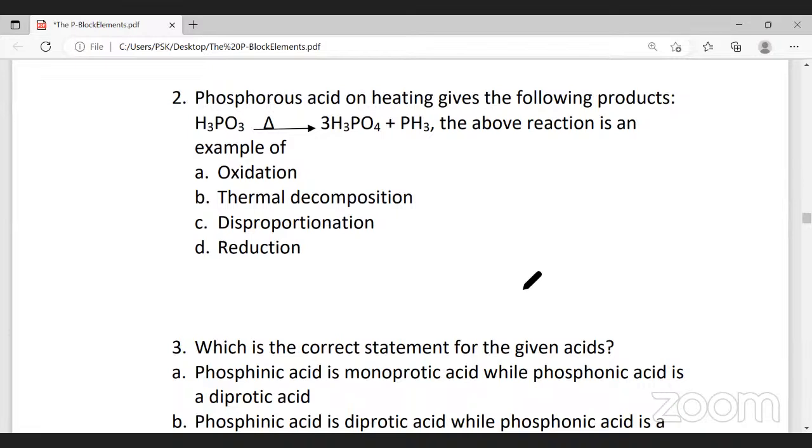That is H3PO3 on heating gives 3H3PO4 and PH3. The above reaction is an example for disproportionation. The oxidation state of phosphorus is +3 here. Oxidation state of phosphorus will be +5 here, and the state of phosphorus is, so from